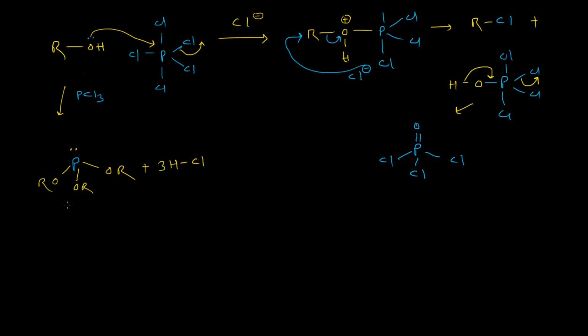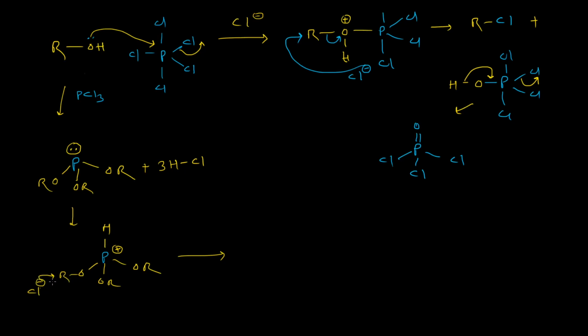Right? So now what will happen, this phosphorus lone pair will be protonated by the H plus present in the reaction medium. And phosphorus will be positively charged after this protonation, and then one molecule of Cl minus will essentially attack one